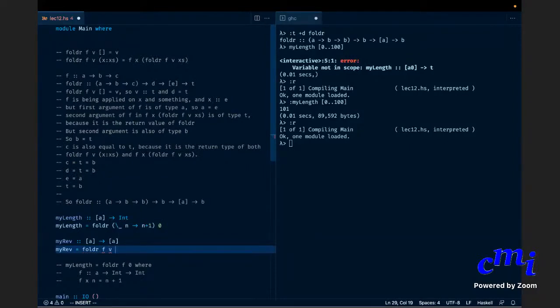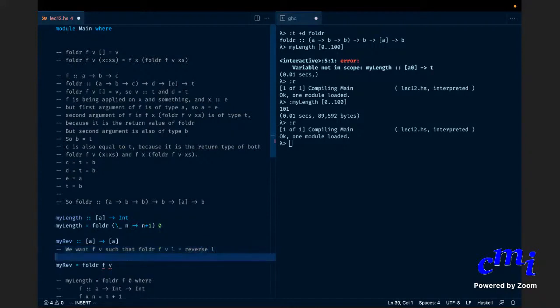Volunteers, please. So just think through the recursive steps. foldr f v of empty list. So we can actually write it out if you want. The nice thing about Haskell is that you can very clearly reason about your programs and arrive at a program. So we want f and v such that foldr f v equals reverse. foldr f v list equals reverse of list.